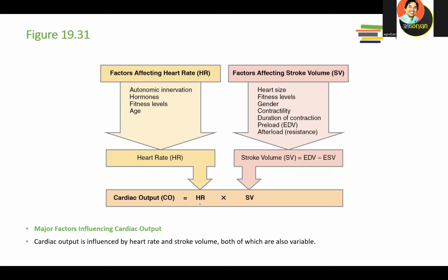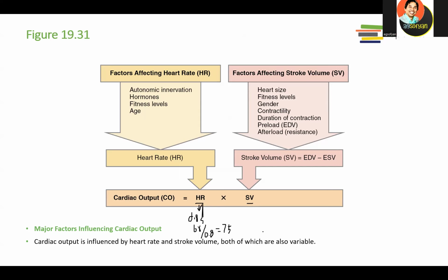So we can measure it with the heart rate and stroke volume. Heart rate, one cycle, remember, one cycle is 0.8 second. And because we measure it in minutes, the heart rate, we can change it into minutes, which is 60 divided by 0.8. Remember, there are 60 seconds per 1 minute. So it's going to give us an average of 75. So normal heart rate is around 75 beats per minute.